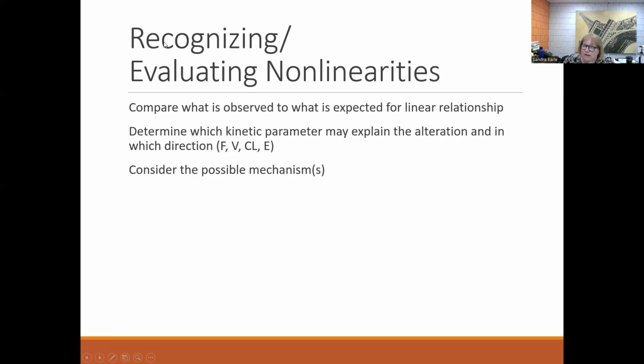All right, so this is on recognizing and evaluating nonlinearities. What you're going to do is compare what is observed to what is expected for a linear relationship. For the most part, we expect most of the parameters to stay constant. We expect fraction unbound to remain constant. We expect enzyme activity to remain constant as concentrations increase. So as concentrations increase, it should not alter binding or enzyme activity or